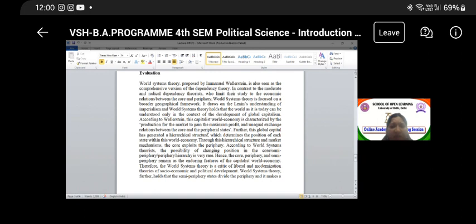Okay, so world system theory is focused on a broader geographical framework. Okay, it draws on Lenin's understanding of imperialism. अगर आपने अपने फर्स्ट सेमेस्टर में लेनिन किया होगा, then Lenin's understanding of imperialism is that all the countries at one point of time would want to expand, and by expanding they want to expand their economic zones as well, and that's how they become exploitative, and European countries benefit from the less developed countries, less advanced countries.